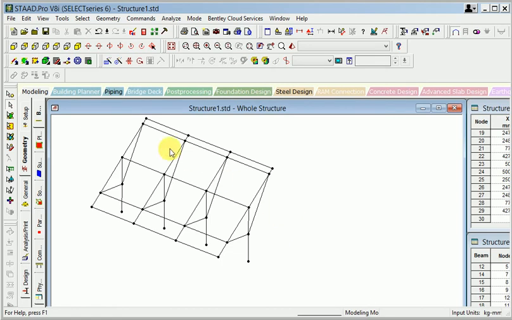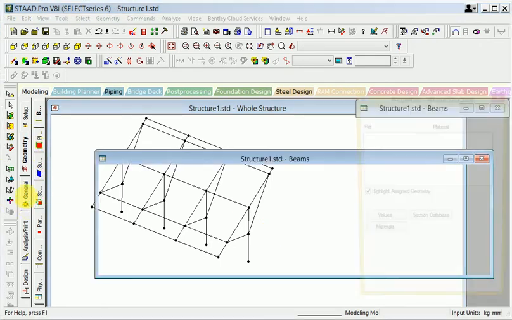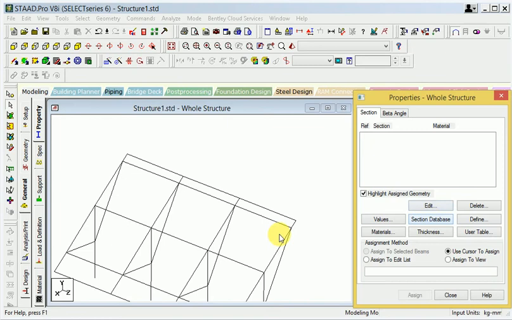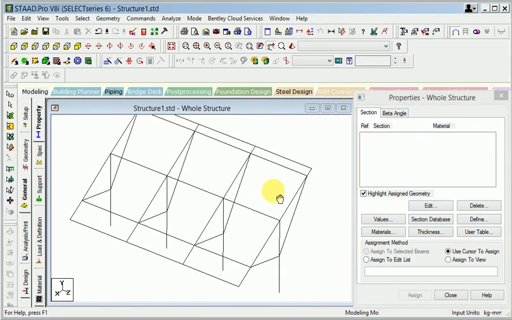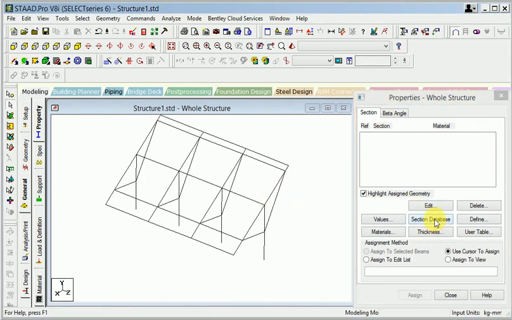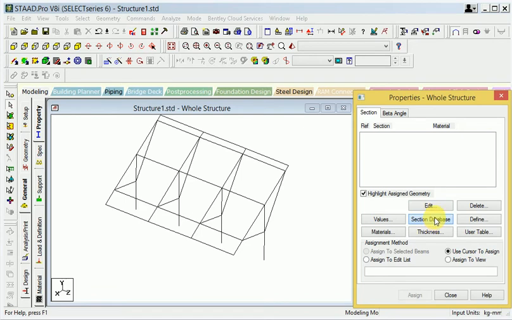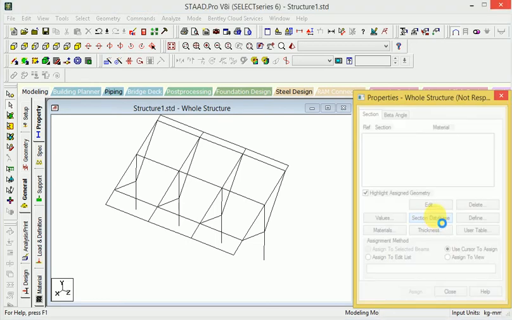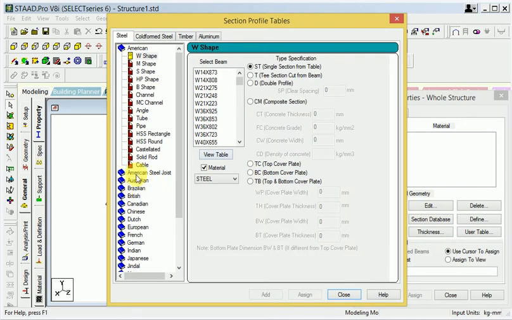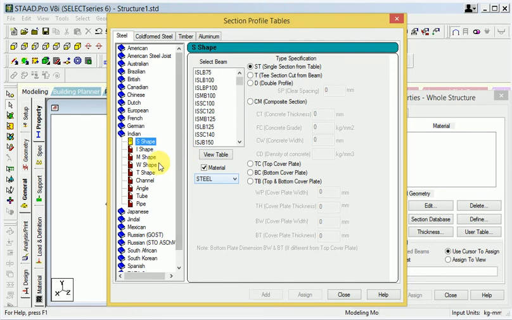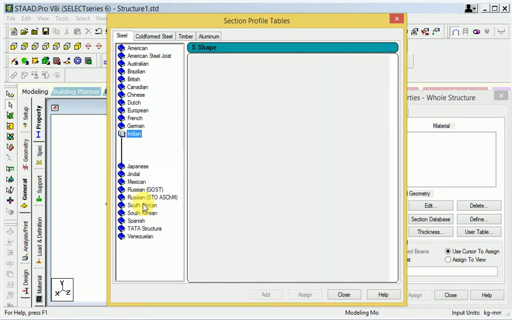In the solar panel, when I choose the section here, go to journal, and this is the database section. When I select this whole database section, click this database section, and I want Indian, and first of all I will choose the pipe here.